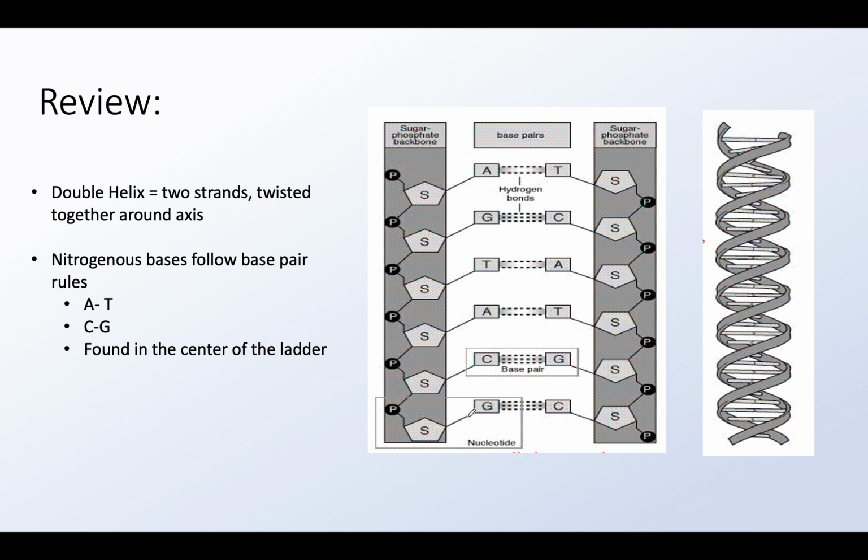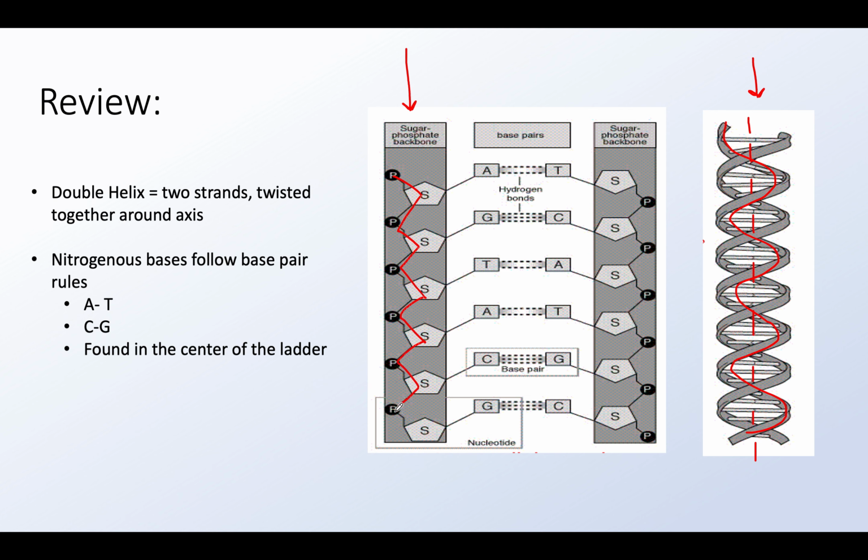Okay, so let's review this really quickly. DNA, it is a nucleic acid. It is in a double helix shape, which you can see here, which just means that we have two strands that twist around a central axis. You can see the central axis here is just an imaginary line going down the center of our DNA, and then our strands of DNA are going to twist around this imaginary line, twist around each other in a double helix. And the outside of our double helix is what is called our sugar-phosphate backbone, which is just alternating phosphates and sugars